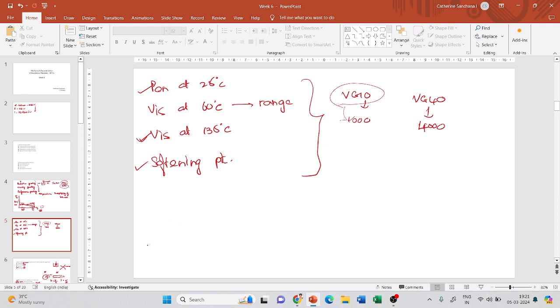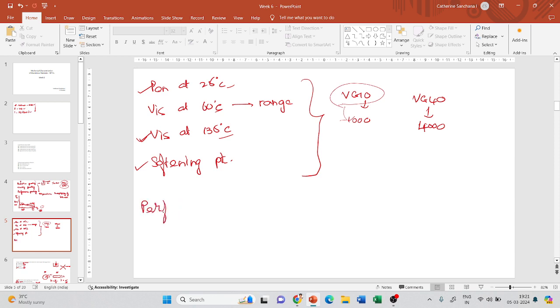Now, why did they move from viscosity grading to performance grading? Viscosity grading, as you saw, is measured at a few temperatures of 25, 60 and 135 degrees Celsius. But is your pavement going to be subjected to exactly 25 or 60? No, right? It is going to be subjected over a range of temperatures. So in that case,